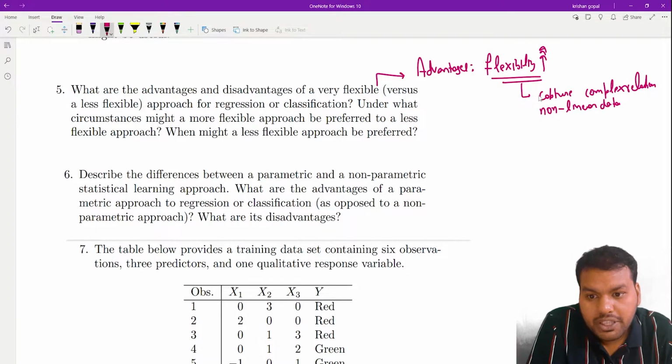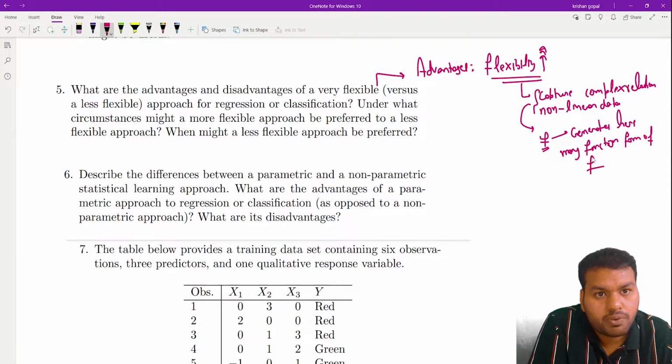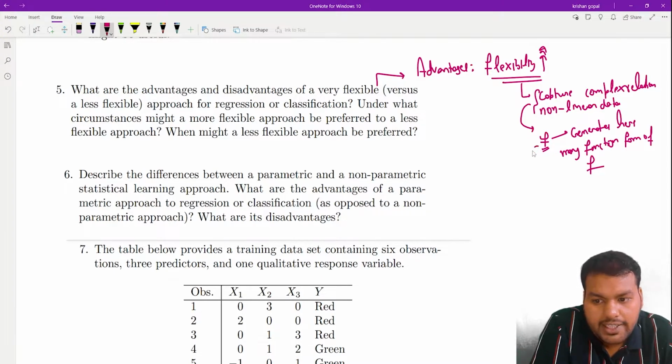Why can it capture complex relationships and nonlinear data? Because with flexibility, for the function f, it can generate many functional forms of f, as well as